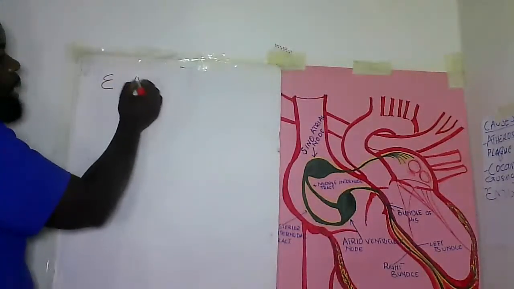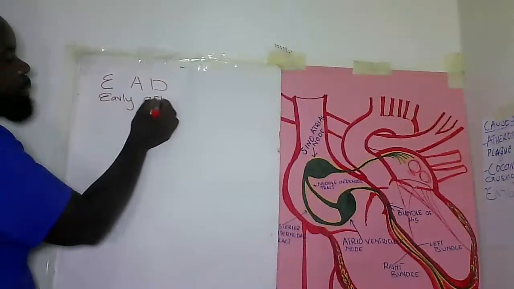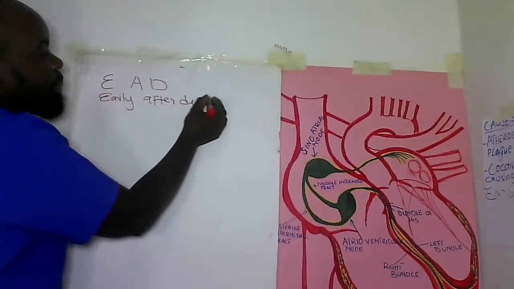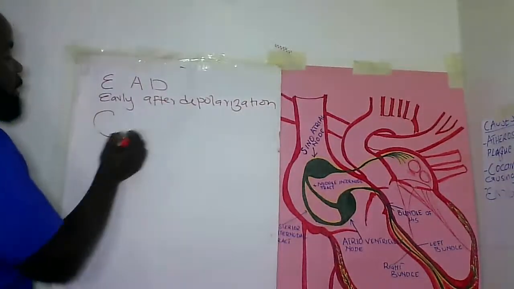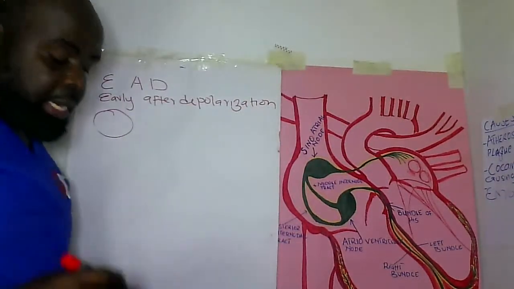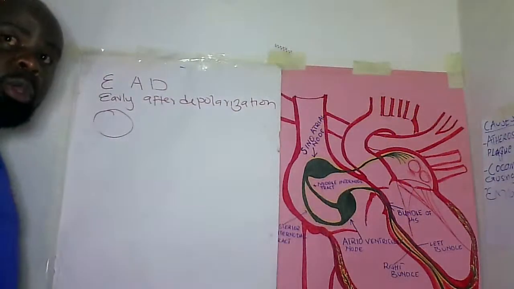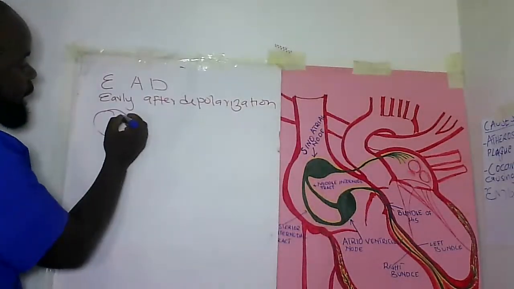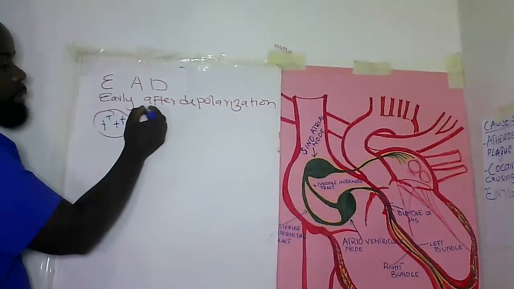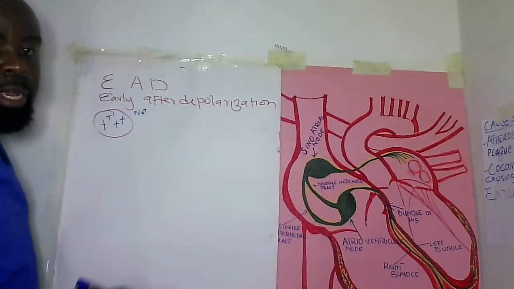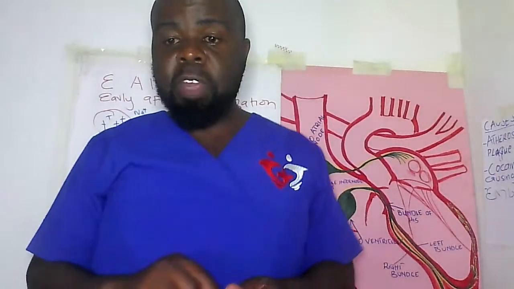EAD, early after depolarization. If this is your cell, we said depolarization means when positive ions are coming inside the cell, something like sodium that is positive coming inside. So there are some things that can make your ventricles